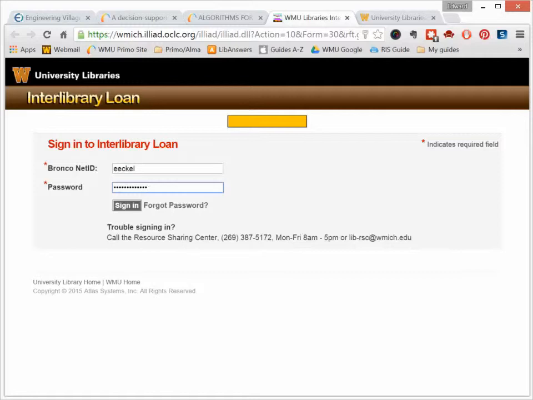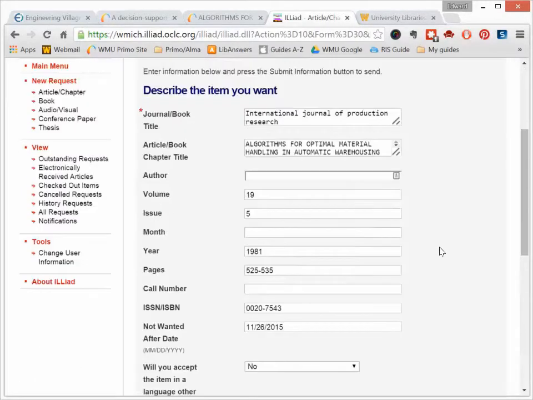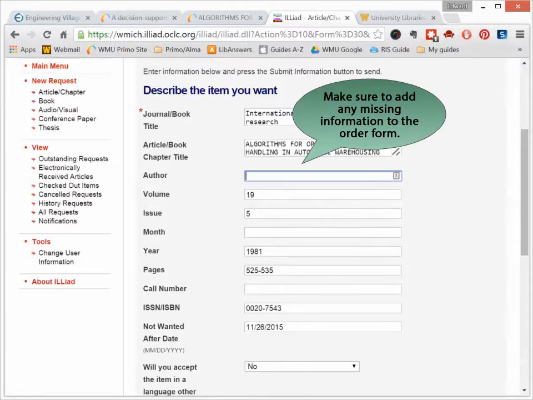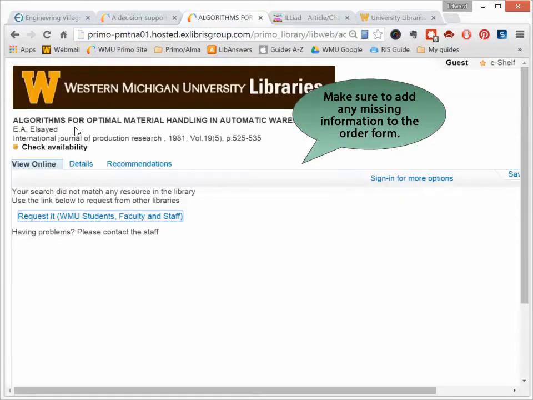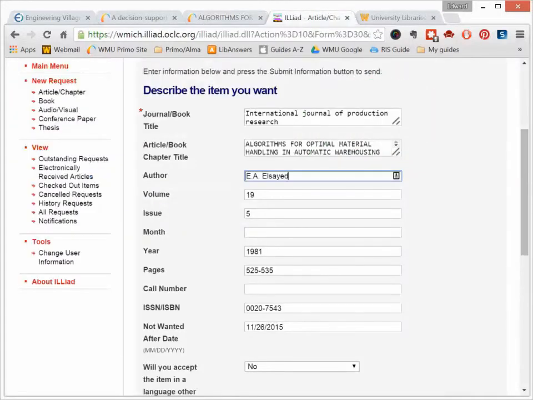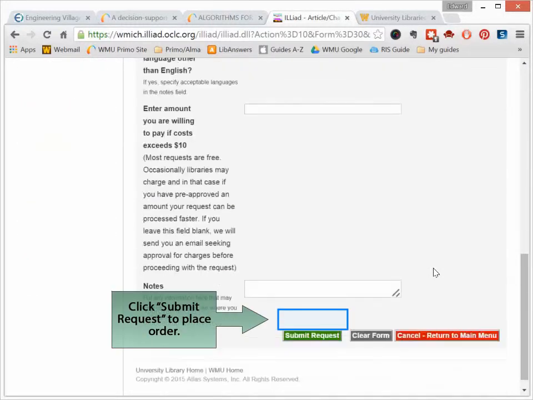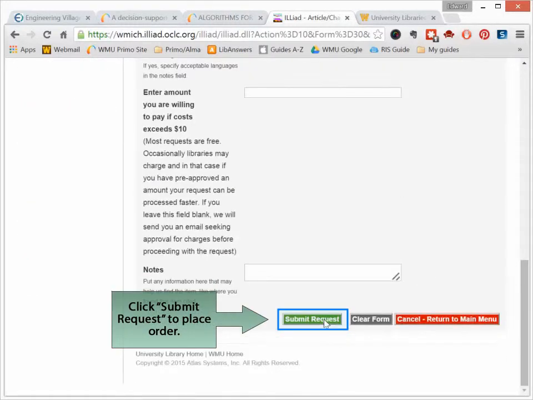The first time you use this service, you will need to fill out a registration form. Once you've done this, you will be taken to the order form for the article. Most of the information for the article should be filled in, except perhaps the author name. So you might want to add that in to the request form. Then click the green Submit Request button at the bottom of the page to send the article request to our